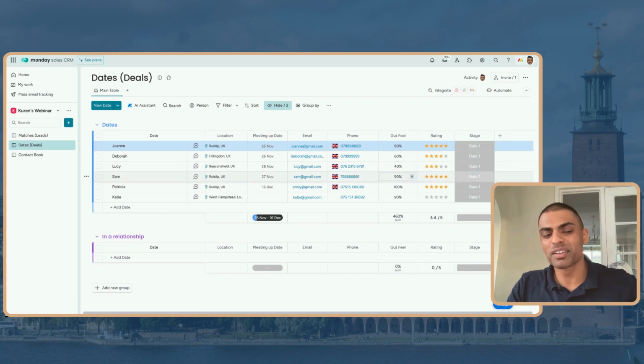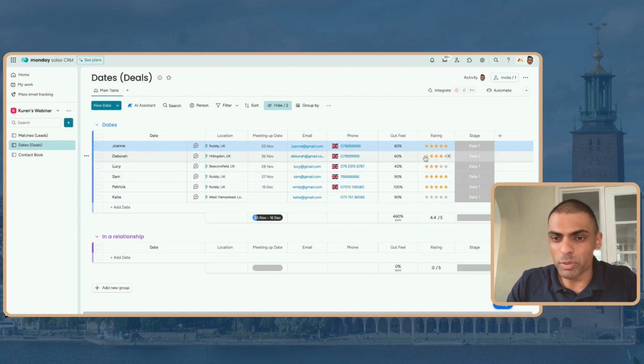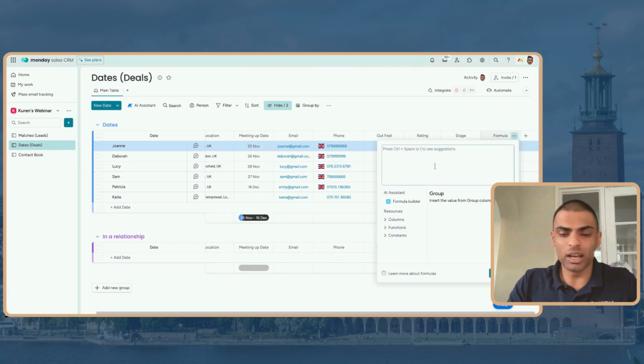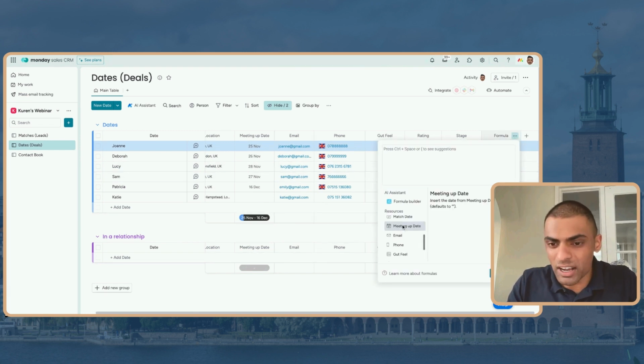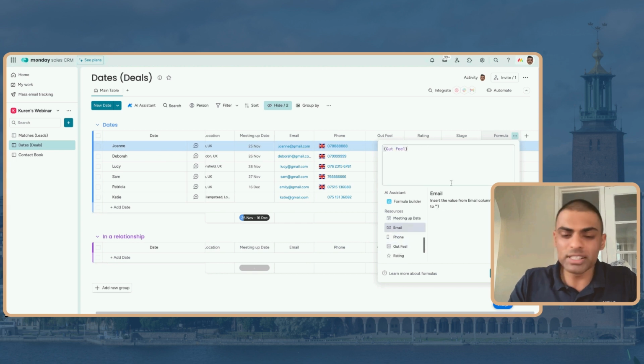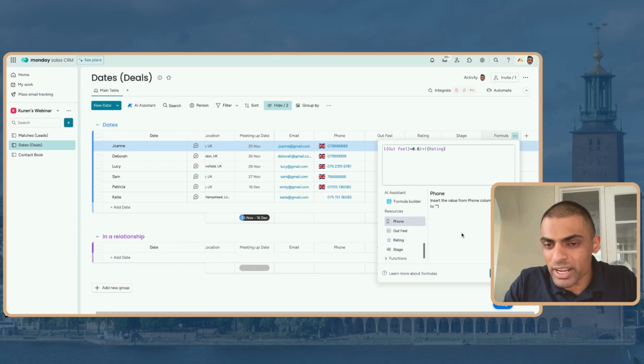And we might want to start building out a few other things with this. So we probably want to have a weighted average between the gut feel and the rating. So we're going to use another formula. And I can come in and say, right, let's take this gut feel. And I might say I want it to have a weighted average of, let's say, 60%. And I want the rating to have a weighted average of 40%. So I can come in here, do that plus, and I could say, let's take this rating and let's times